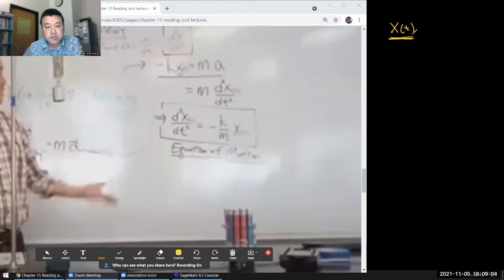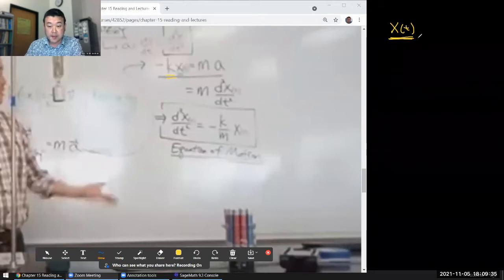Once you know the position as a function of time, it's an easy single step to calculate velocity as a function of time. And once you have position and velocity, in addition to parameters like spring constant, you have everything you need to calculate the potential energy and kinetic energy. So when you are solving a system like the simple harmonic oscillator, the goal is to get to this functional form